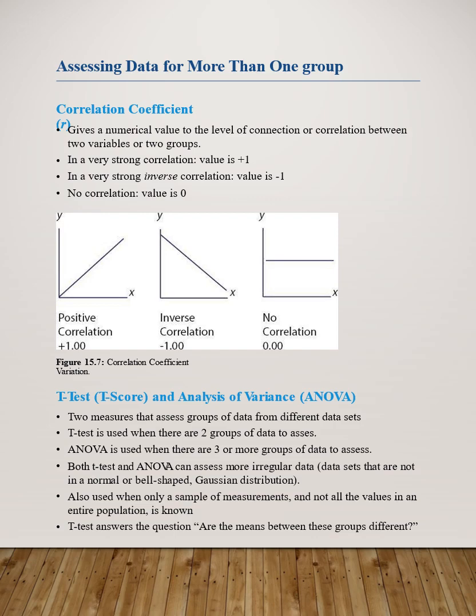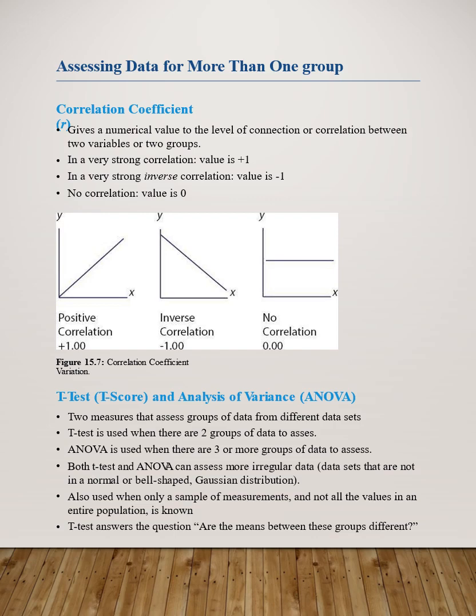The two measures, by definition, assess groups of data from different data sets. Number 2, a t-test is used when there are two groups of data to assess. Number 3, ANOVA is used when there are three or more groups of data to assess. Number 4, both t-test and ANOVA can assess more irregular data sets that are not in a normal or bell-shaped